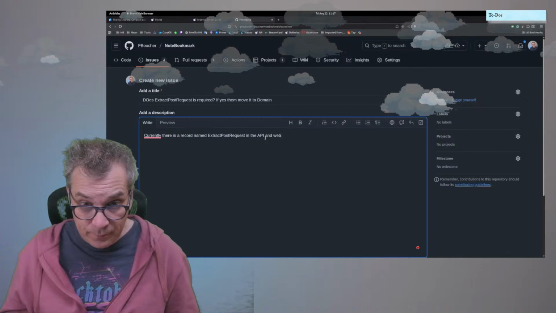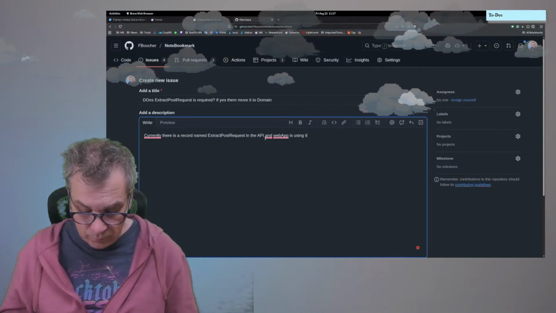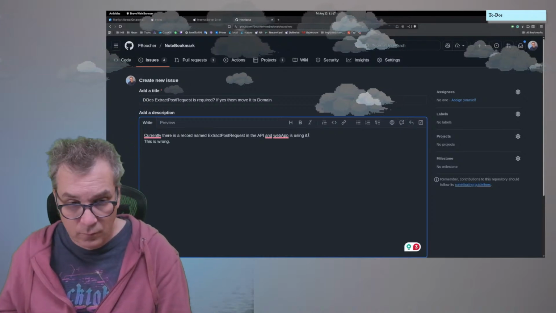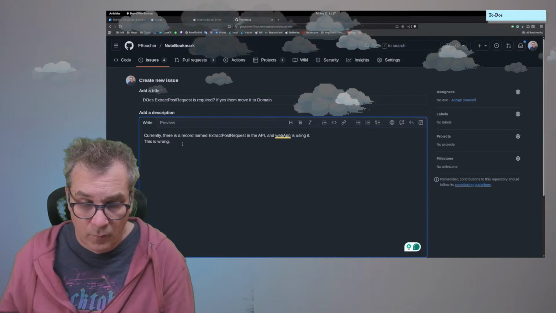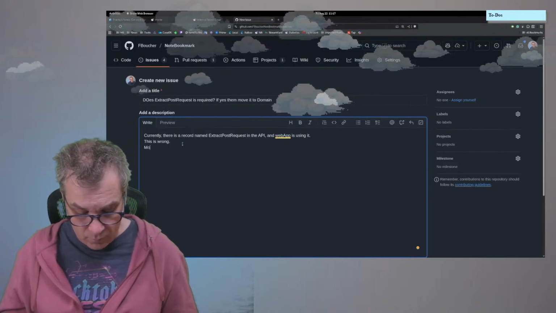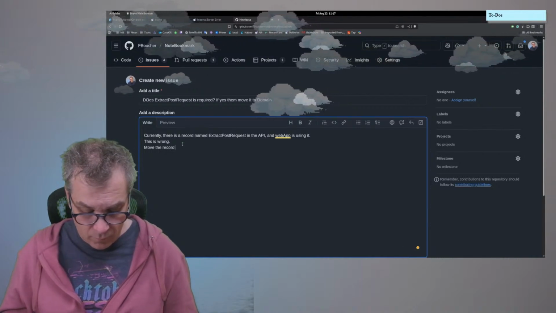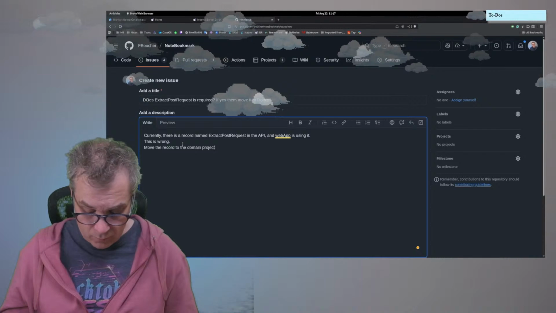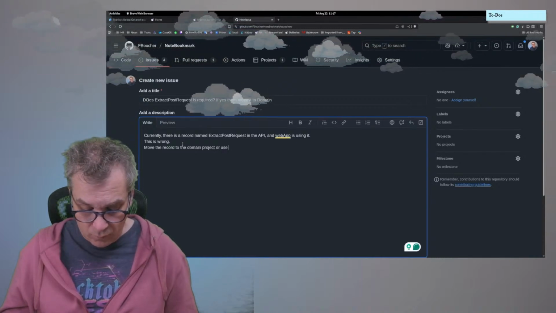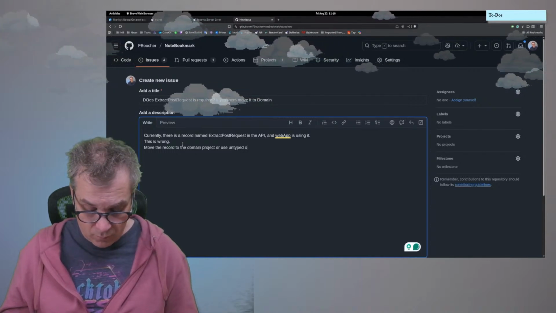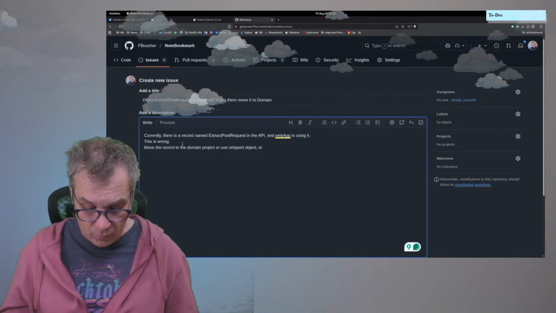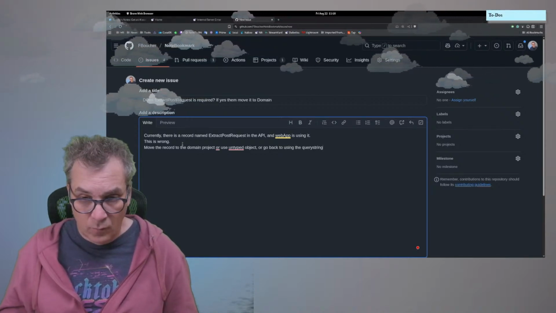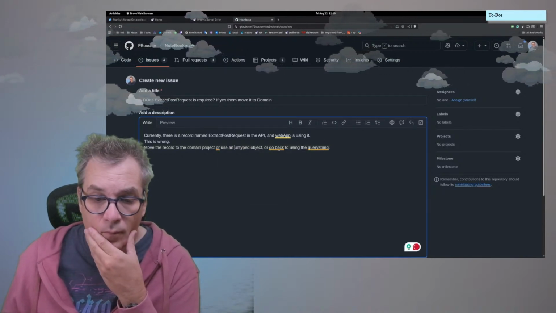And the web app, and the web app. Okay, so